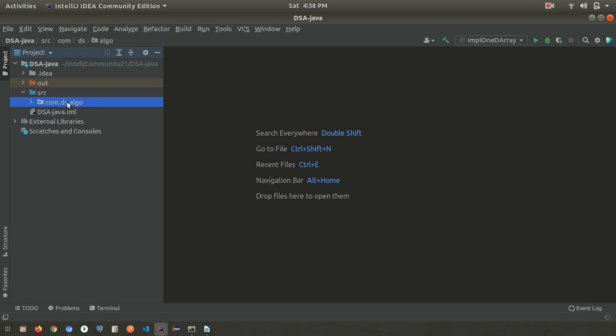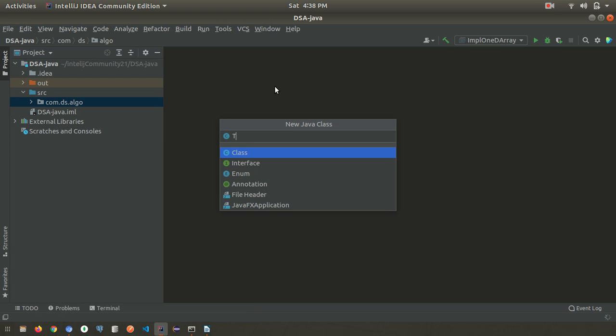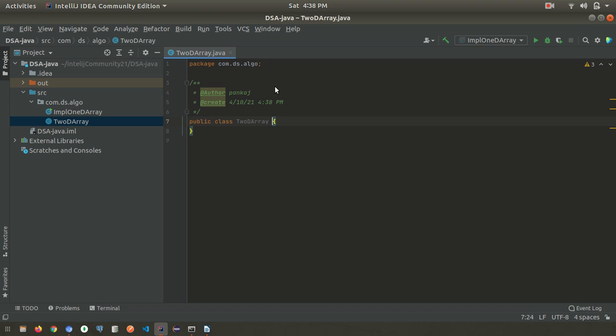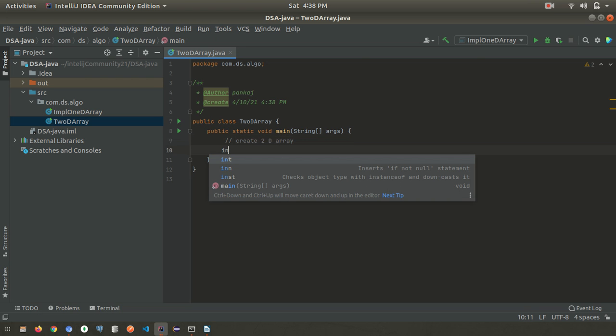So we can go to the editor and try to implement how this data structure is implemented. We'll write a new class with the name 2D array, and inside the main method, we first need to create a two-dimensional array. To create a 2D array, the syntax is the data type.